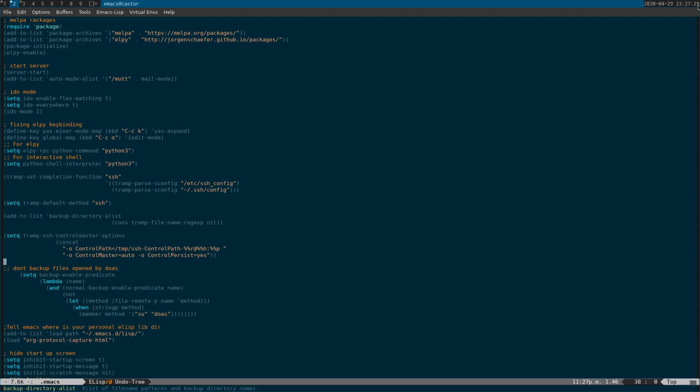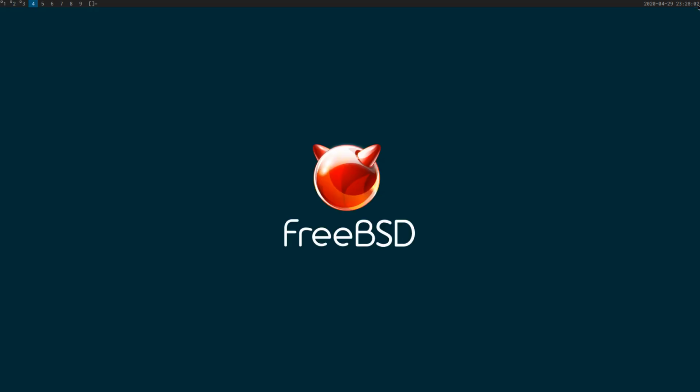So this setting down here basically sets it so that when I'm running doas in Emacs, it doesn't save the file I'm editing into the Emacs backup directory. And I actually forget what these options are. These are some options for SSH, but you'll find them if you come across to